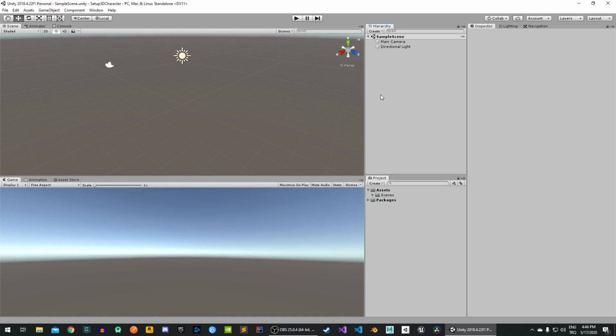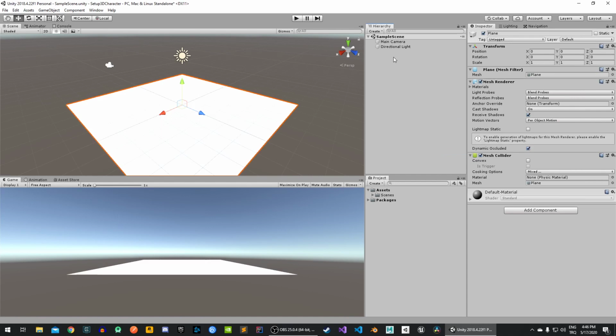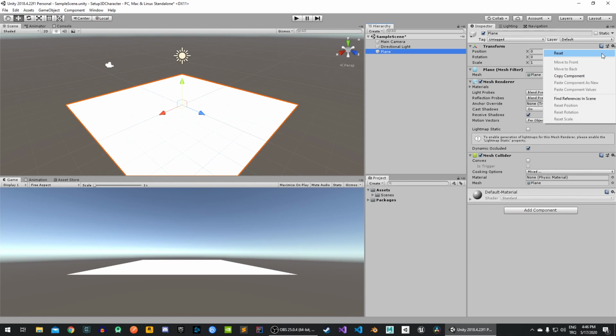So after our project is open, let's create a simple scene with a floor. Let's import a plane object, and if it's not reset, let's reset its position. Let's name it floor,